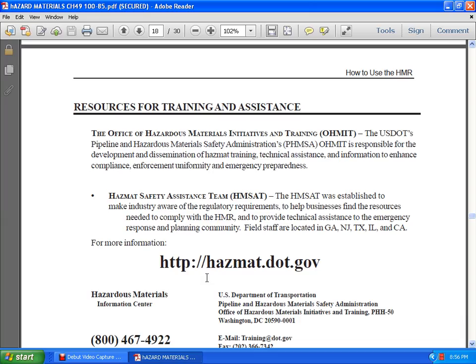Hazmat Safety Assistance Team, HMSAT. HMSAT establishes industry regulatory requirements and helps businesses find resources needed to comply with HMR. They provide technical assistance for the emergency response planning community, with field staff located in Georgia, New Jersey, Texas, Illinois, and California. For information,